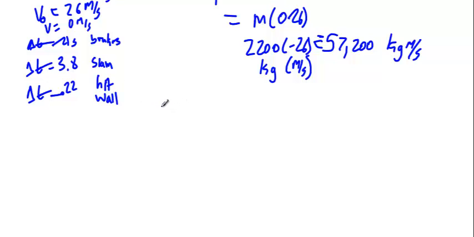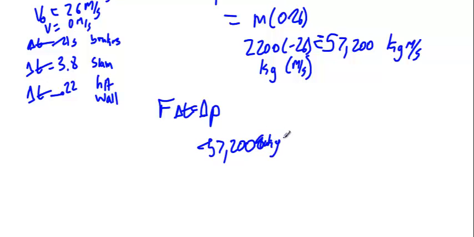So let's go ahead and figure out what we're going to do. We have Newton's second law, which is net force equals mass times acceleration, but then I have to find the acceleration for all these cases. Or I have Newton's second law, which is net force times change in time equals change in momentum. So now my change in momentum is always the same, negative 57,200 kilogram meters per second. That was one extra zero. And so the force is always just equal to this change in momentum divided by time.